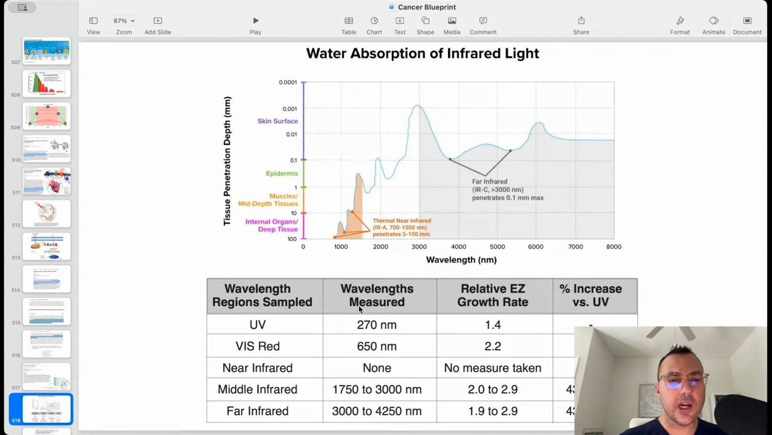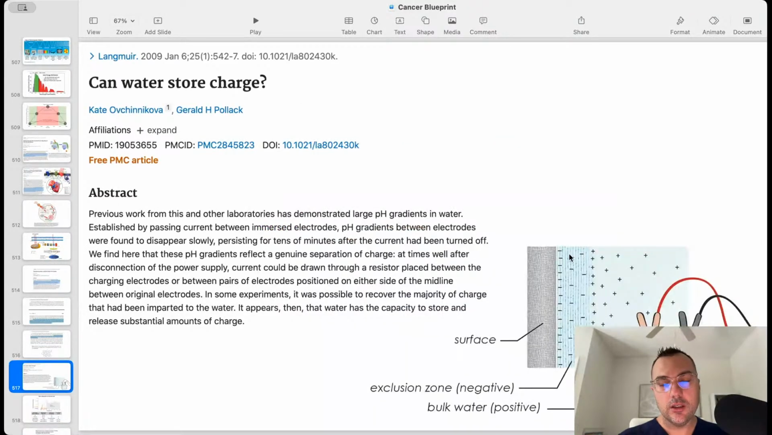And when you're shining UVB onto water, the coherent domains, or the EZ, as Dr. Pollack calls it, grew by 40%, essentially 1.4 times. And then when they shined visible red light, it grew 2.2 times. And then they went to middle infrared and far infrared, and it grew as high as 3 times. So what they're able to find is that when you shine light on the water,